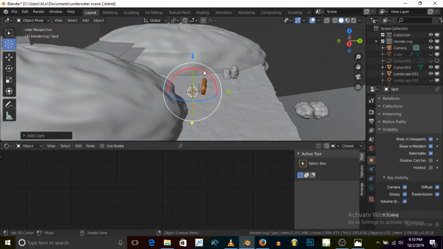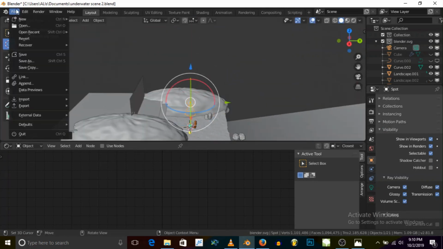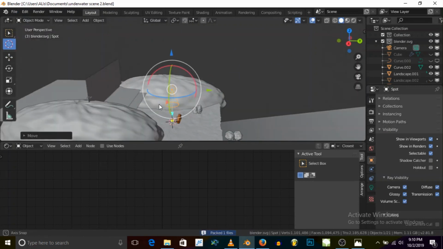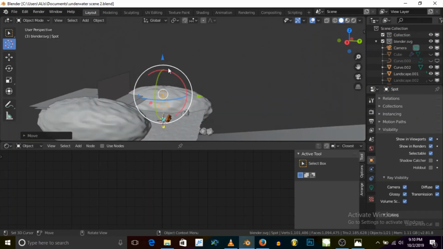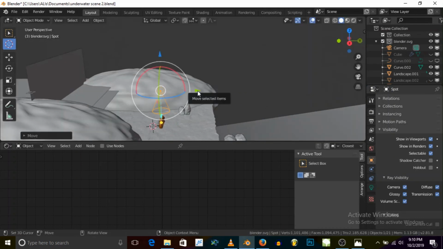Alright, so we are going to add our first light, which is a spot, and these ones are going to be the ones to cast the rays. So I use two methods in lighting the scene. So this is the first one. This one is the common one most tutorials use, which is the tutorials for Blender 2.9 for creating underwater scene. This is a common trick most people use, but